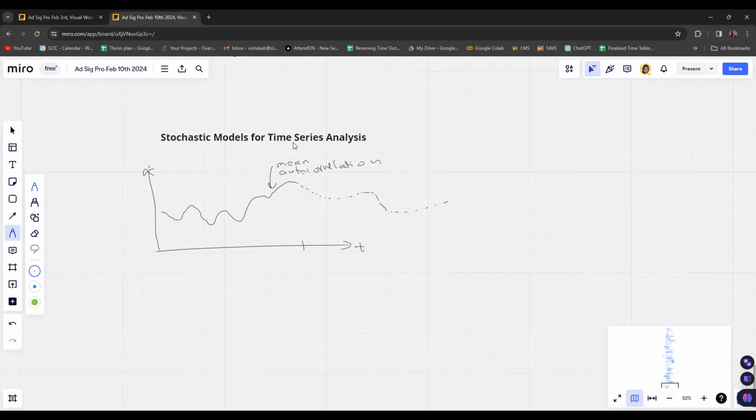And on top of this, now we are going to consider stochastic models. The word stochastic means random. The words random or stochastic mean the same thing. So stochastic means that we are taking some random signals into account in this instance, and then we are going to observe their properties, and